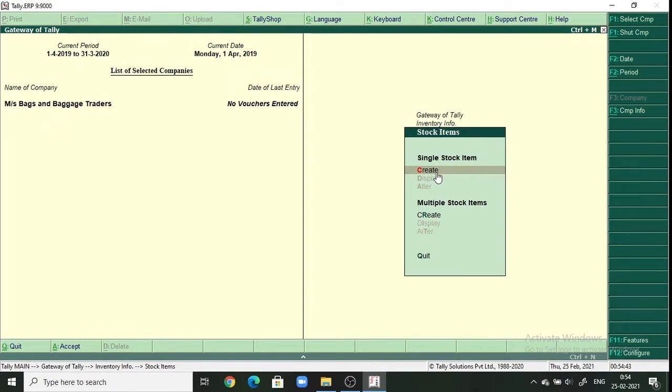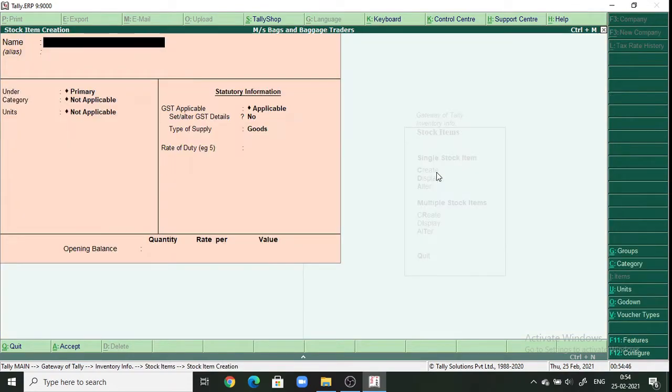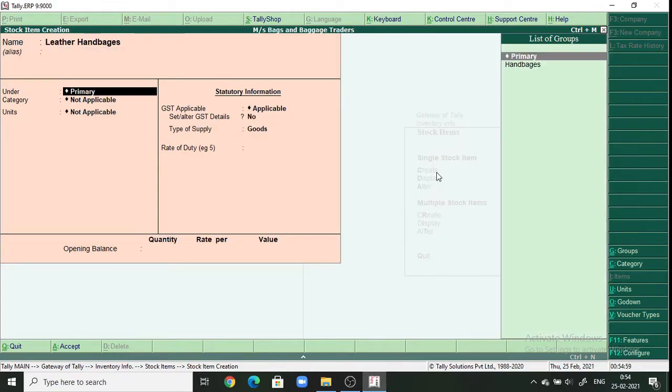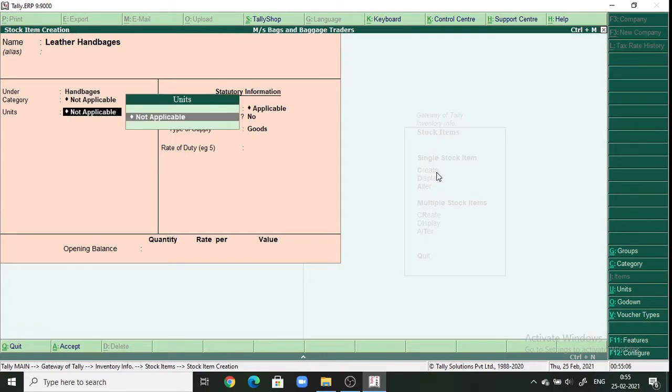and create a single stock item. It is leather handbags. And select the under group as handbags. Category not applicable. Units we have to create. For that, click Alt plus C,